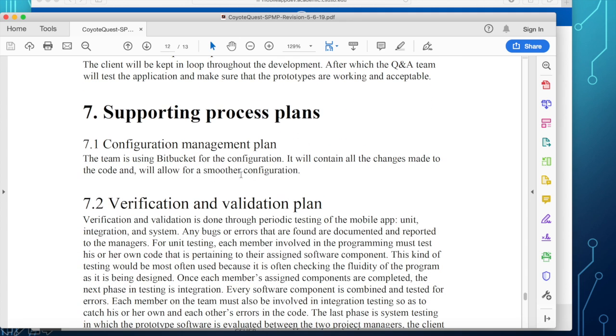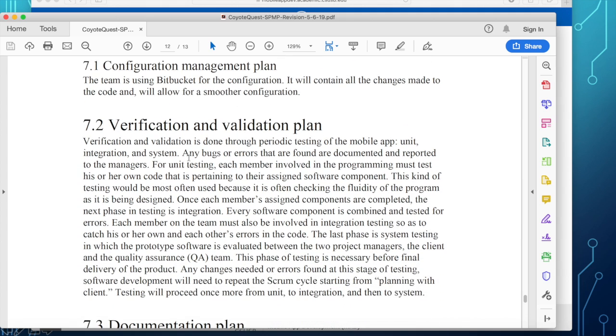Other supporting process documents. Okay, we had the Bitbucket. I want you to say more here in the configuration management plan. What is the purpose and what are you keeping in the Bitbucket? As I have said, all our software artifacts must be stored in the Bitbucket, and they should be left there for the next team to continue the work.